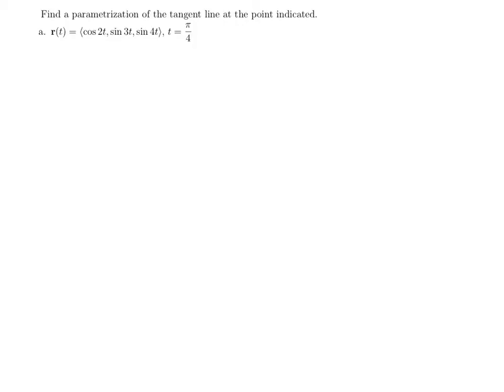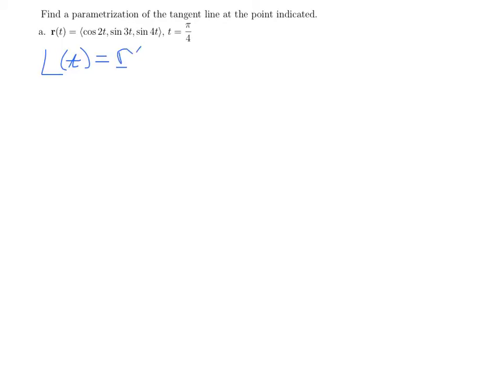Hello, calculus students. In this problem, we're going to find the parameterization of a tangent line evaluated at the point indicated, and the point indicated here is t equals pi over 4. Okay, so here's our path, our vector valued function, and you may recall that the equation of the line is